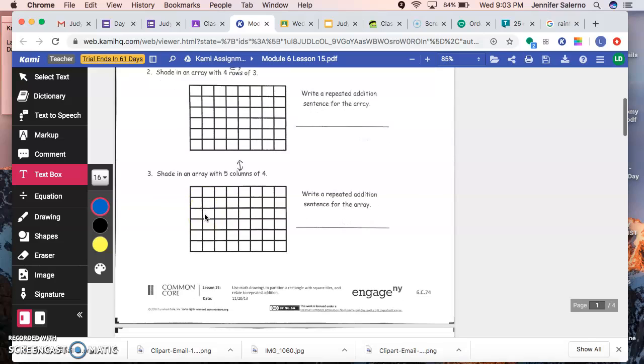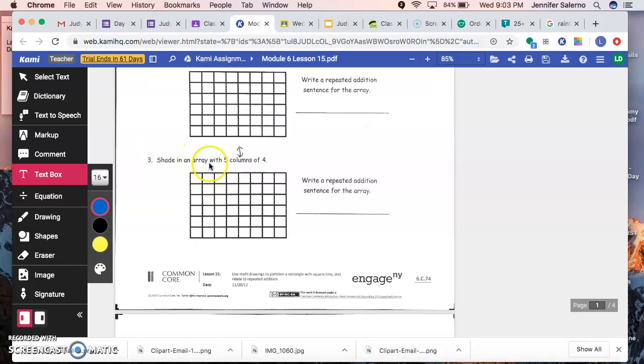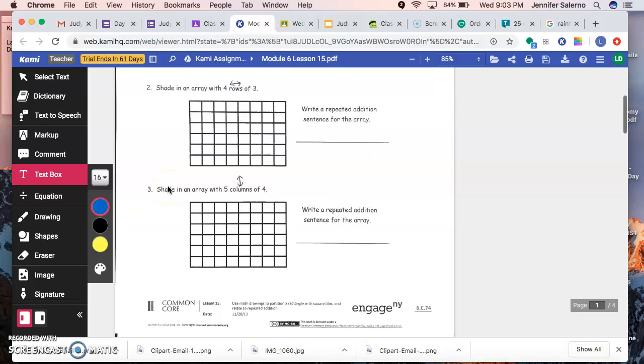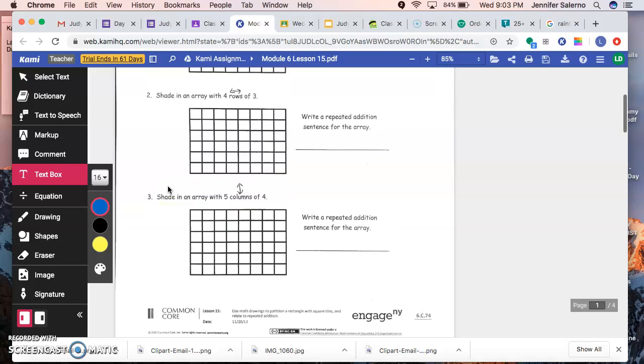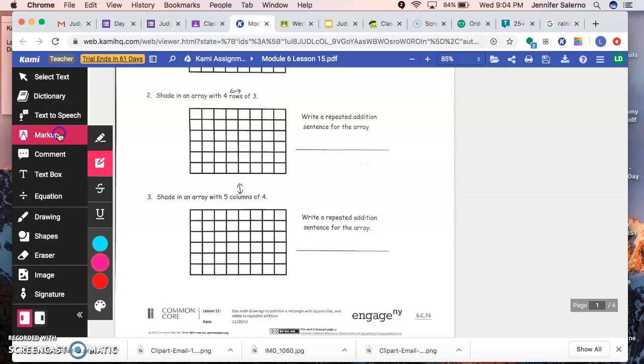Number 3, it says shade in an array with now 5 columns, so up and down columns of 4. So this one I'm going to start for you, okay? I'm going to start it for you. So I'm going to come back up. Remember that markup. You're going to go to box highlighter, choose any color,